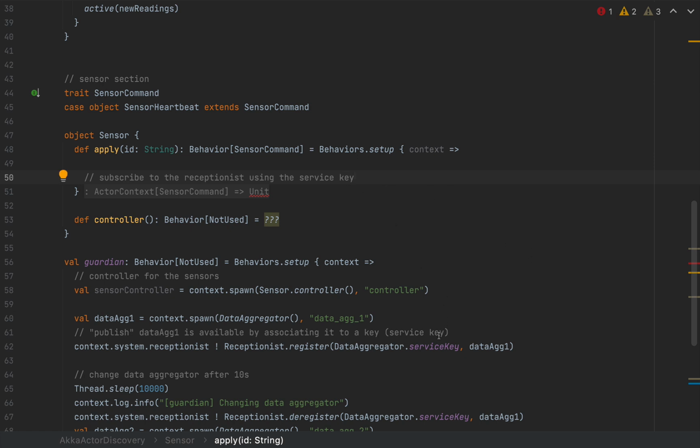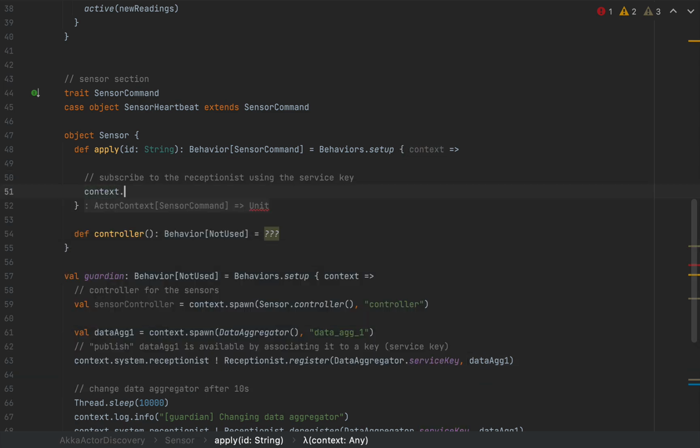So, in other words, whenever the receptionist is registered with an actor on this service key, whoever is subscribed on the service key will be notified that the new actor ref was allocated to this service key. So I'm going to say context.system.receptionist, which is the same actor, and I'm going to send a message